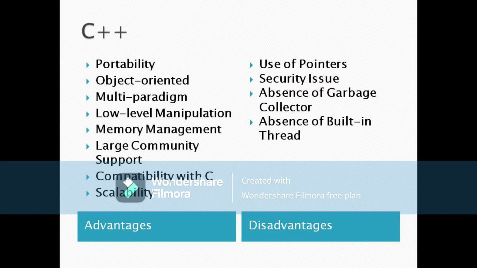So coming back to today's video, we'll be starting with the advantages, disadvantages and applications of C++. C++ has basically first advantage as portability. That means it is platform independent, which allows the user to run the same program on different operating systems and interfaces at ease. Suppose you are writing a program in Linux operating system and for some apparent reason you have to switch to Windows operating system. In this case you will be able to run the same program in Windows as well as in Linux